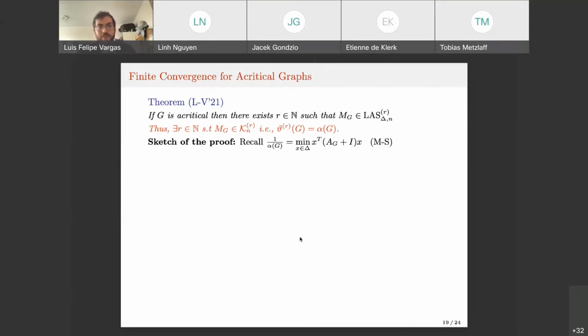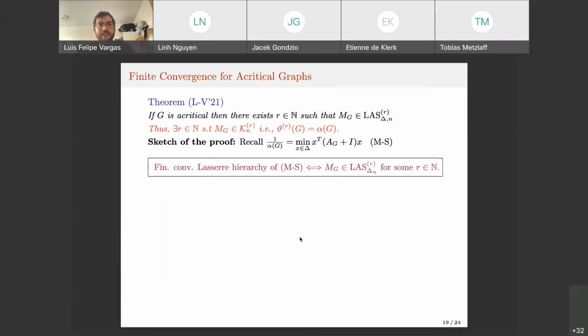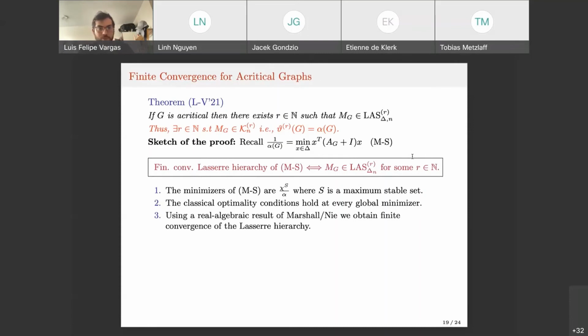Okay, so the sketch of the proof is thinking back in the Motzkin-Strauss formulation, and now with the following observation: that finite convergence of the sum of squares Lasserre hierarchy for the Motzkin-Strauss formulation is equivalent to proving that Mg belongs to some of the Lasserre cones we defined at the beginning of the talk. And then some important points is that the minimizers for the Motzkin-Strauss formulation